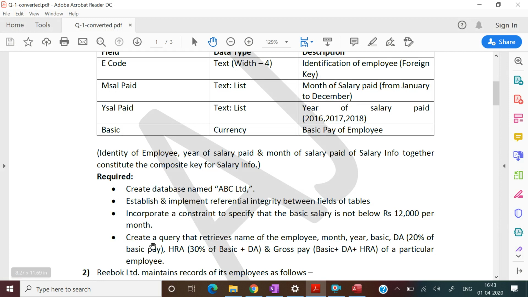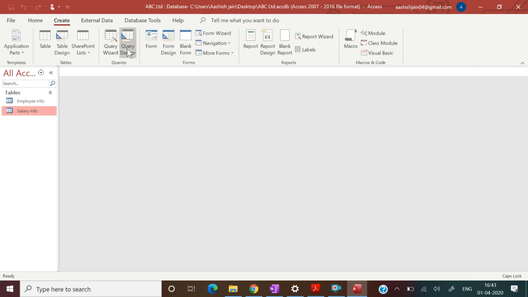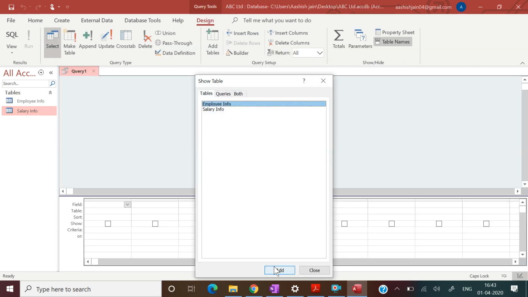Now we are left with the last point. That means we need to create a query that retrieves the name of the employee, which must be in the employee table, month, year, basic. So let's create this. Create, query design, add both the tables.